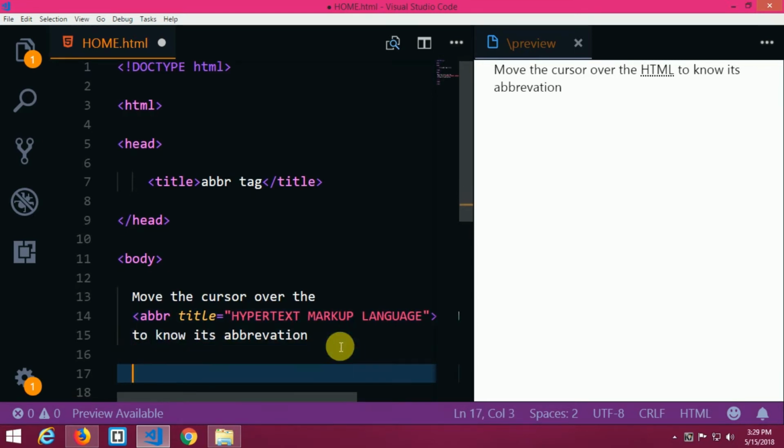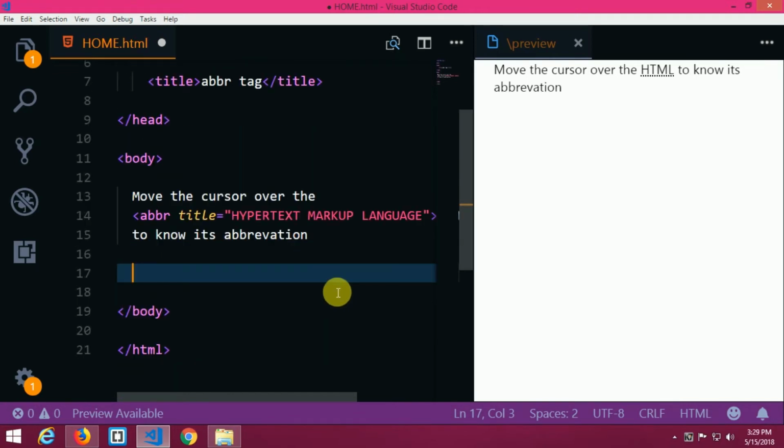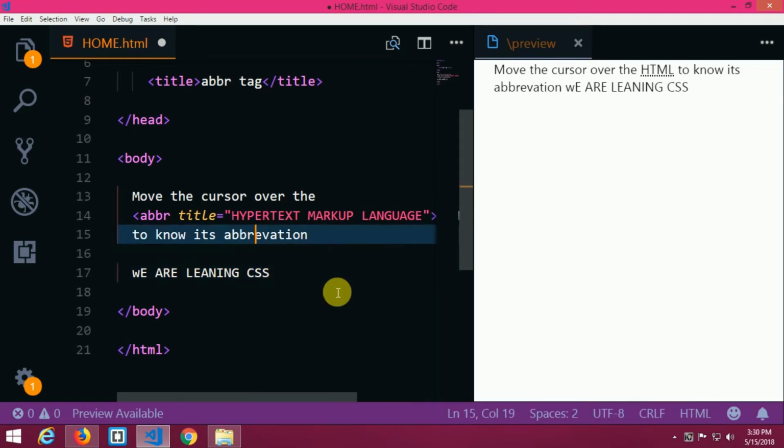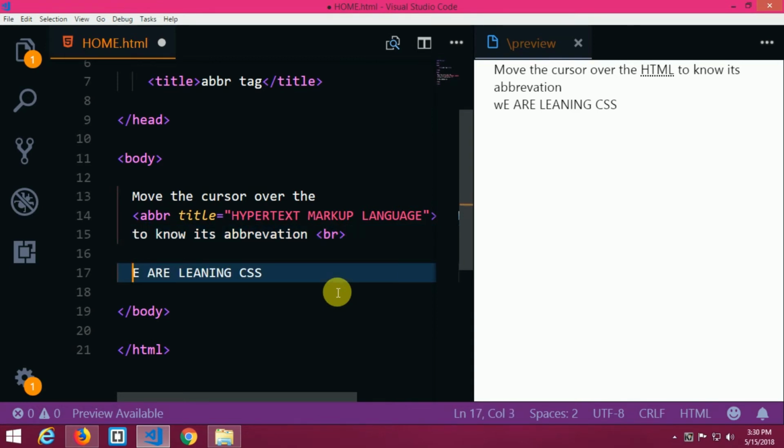So let's do another example. I'm going to type: we are learning CSS. Let me leave a break after this line. So BR. Immediately there's a line space given by the browser.